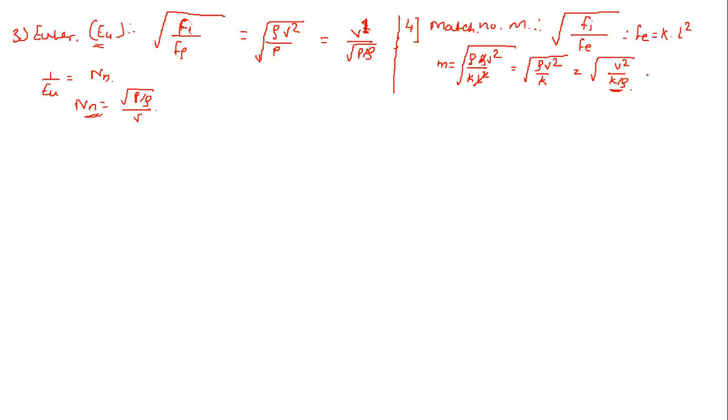And the K by rho is considered as C, that is the velocity of the sound. So we can write the Mach number M is equal to v, or in the root I would like to go for v square divided by C. This is our Mach number. And the ratio of the inertia force to the elastic force is called Cauchy's number.